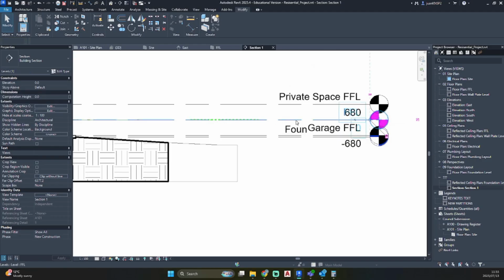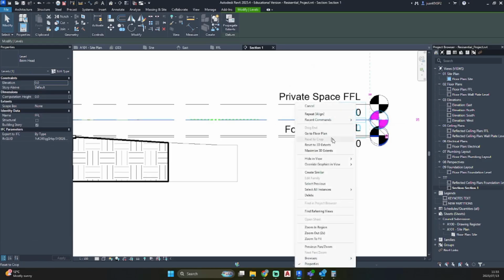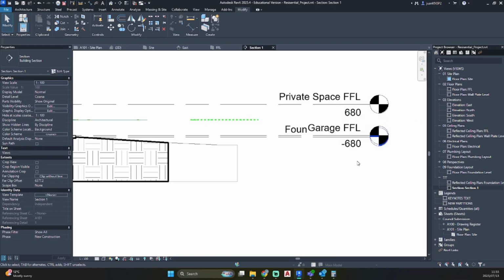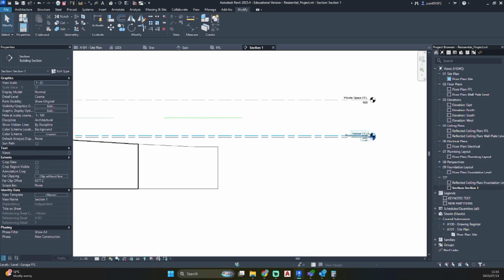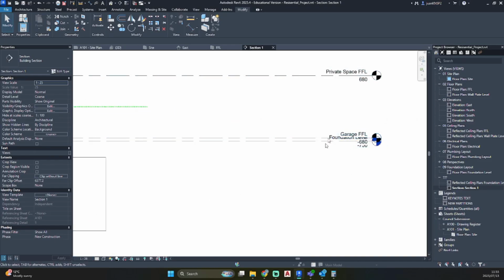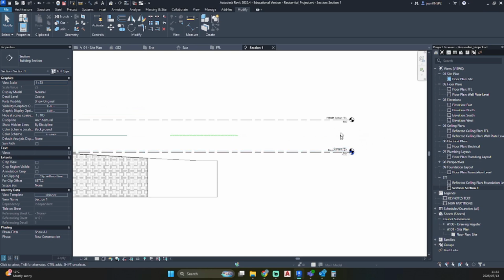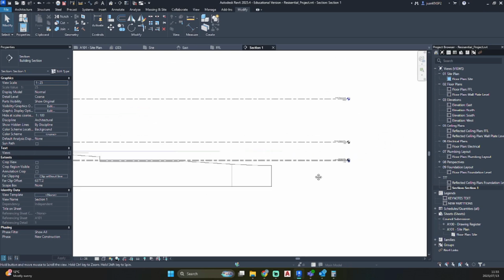So now I'm going to click on my finished floor level. I'm going to hide that. And let's change our scale here in the bottom left to, let's say, 1 to 25, so that we can see our level lines a bit better.